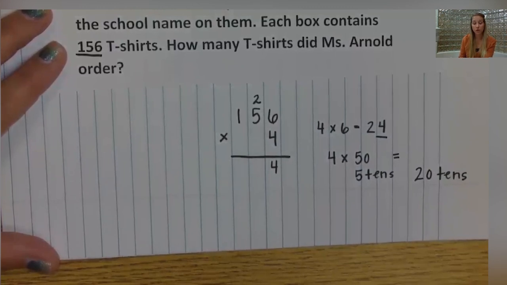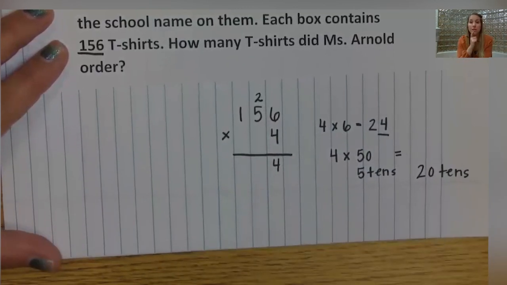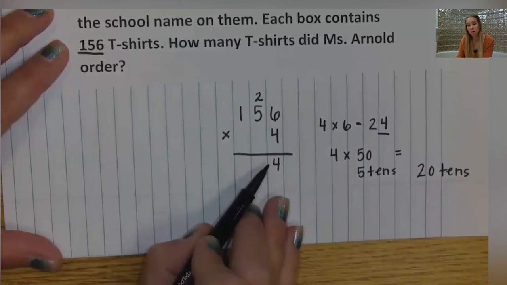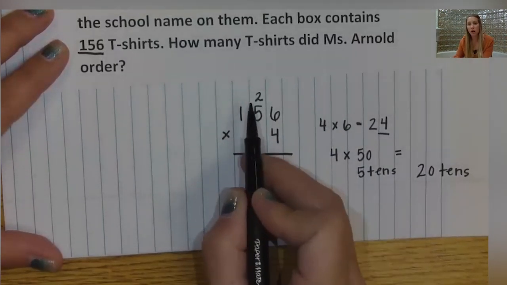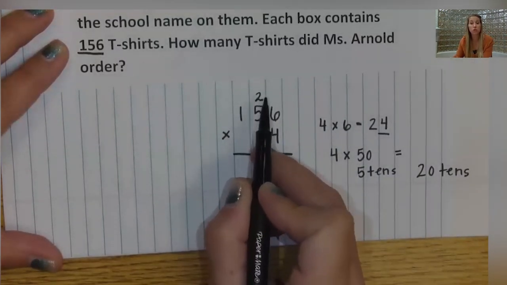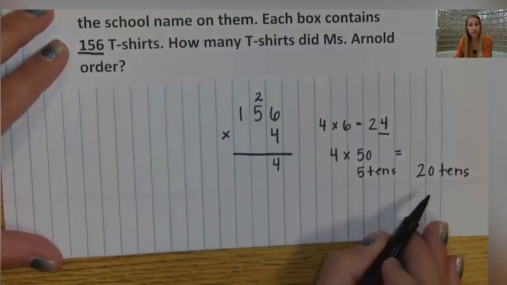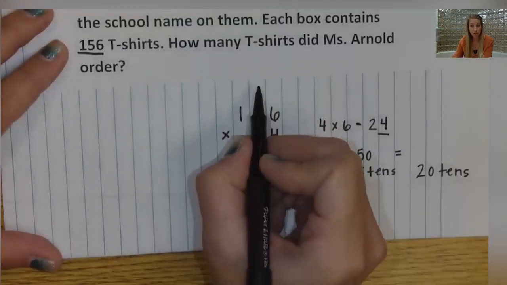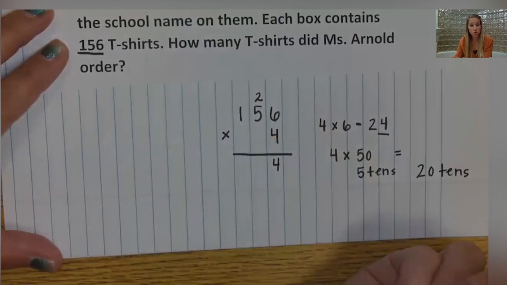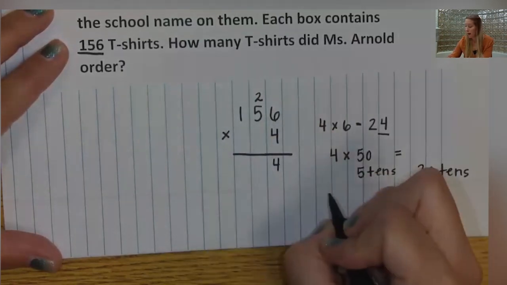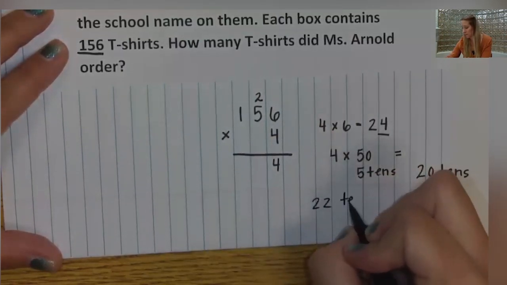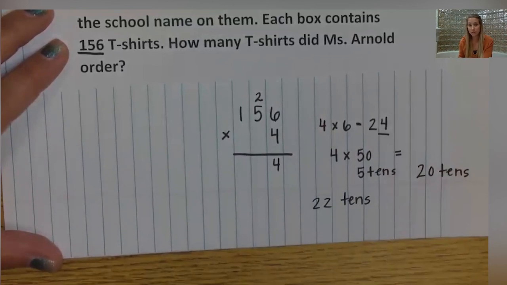Oh, you know what Miss Williamson almost forgot? I almost wrote a 0 because I almost forgot that I regrouped 2 tens. So 20 tens plus 2 tens is 22 tens. So I have 22 tens, or